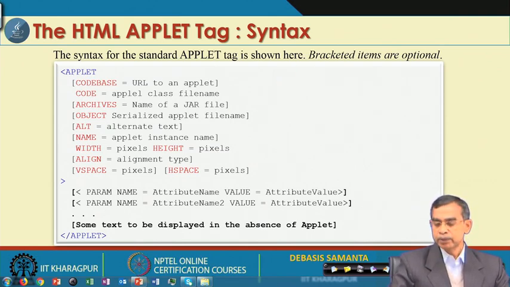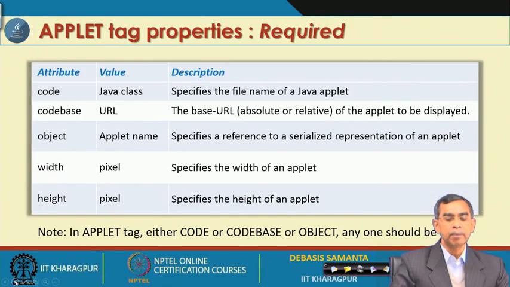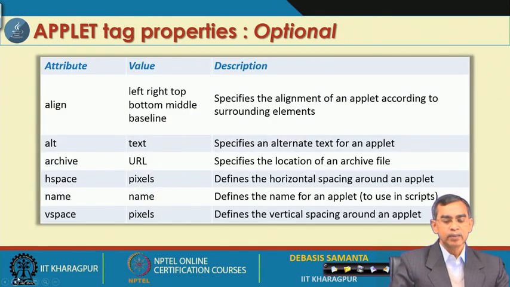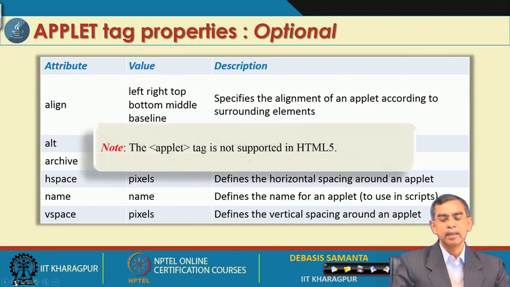Now, in our next few slides we will see exactly what is the meaning of each specification in the applet tag. I have listed a few things that you can take your own time to go through and understand, but I will give the detailed description in our next slides. And as I told you, HTML also has different versions, and from HTML5 onwards the applet tag is not supported. Instead of the applet tag they support some other concept, called the object. I will discuss these things.